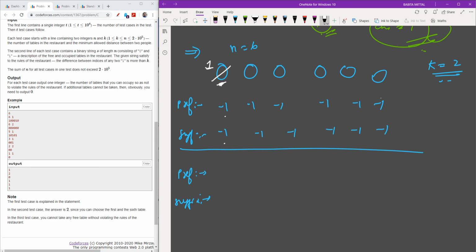If I place my 1 here, its index is 0, here the index is 1, this is 2, index is 3, index is 4, index is 5. So now you will ask, Aryan, why will you not update this suffix? See, it will not change because the suffix indicates the value which was next, which was beyond, which was 1, and the prefix indicates the value which was previous, which was 1.